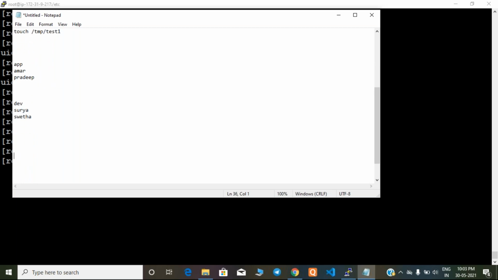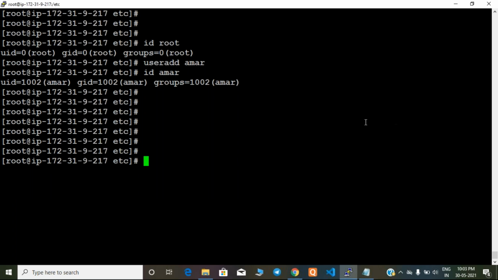In the same way, database guys are there, the DB team. Okay, so Umesh is there and Abhi is there. So there are three teams available in total. Everybody has their own user in your Linux box. Okay, assume that now maybe the root user or one user created a file.